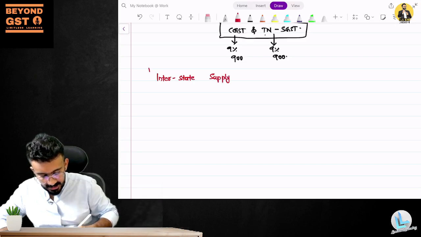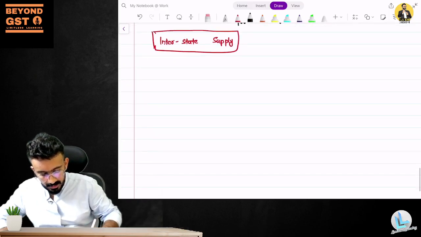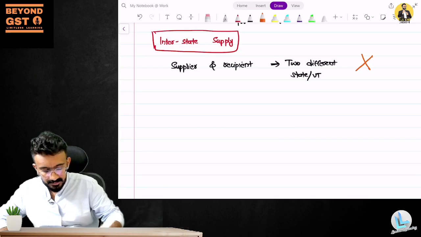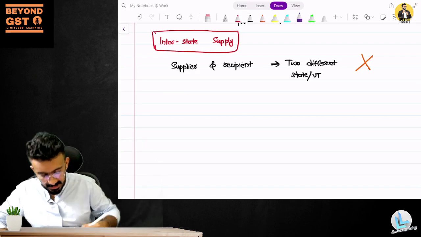Your old understanding is going to be: interstate supply is when supplier and recipient are in two different states or union territory. This is not the concept. What is the concept? The concept is now